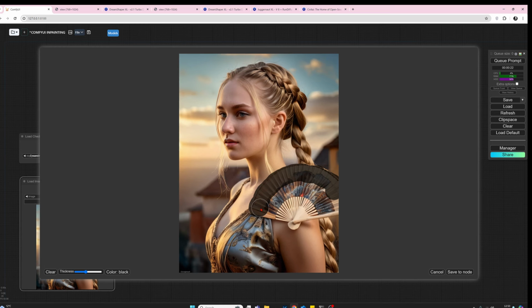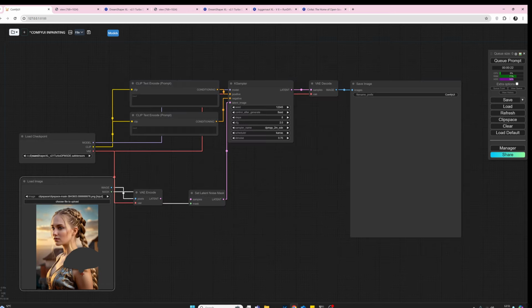Anyway, let's try and get this as accurate as I can, as quickly as I can. I know you don't want to sit there watching me mess about for too long. Okay, I'm just going to reduce that down a little bit, and we'll try. Okay, so roughly we've made a mask now of the fan. Once we've done that, we're going to click on the Save to Node button. So let's do that. We're back to the workflow, and we can see now the mask